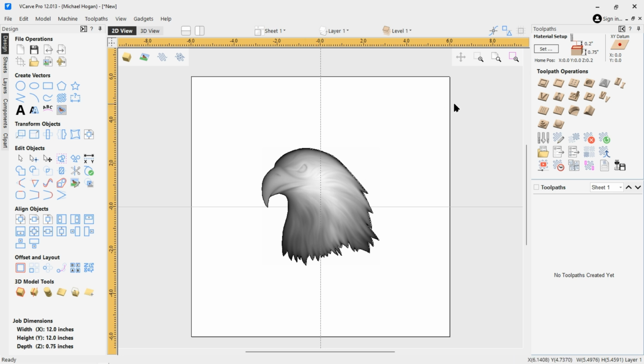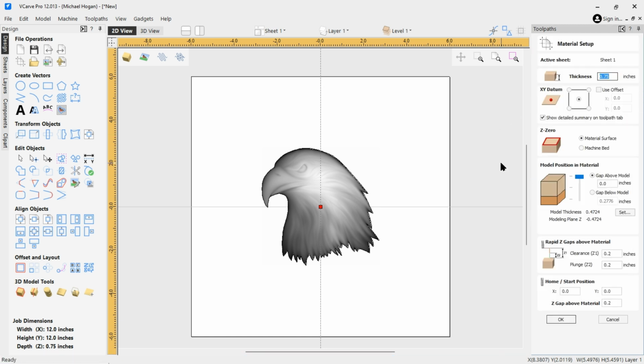Now, the next thing I want to do is check the position of the model within the material. Right now, the model is all the way near the top of the material. We have all this excess material below. This can be used as a base to the model, or you can just adjust the material thickness. That gives you the capability right up here. The model thickness is near a 1/2 inch, so we can actually change this to a 1/2 inch